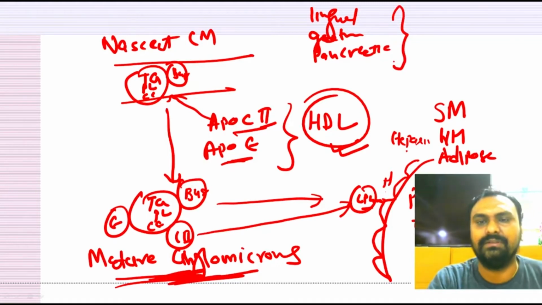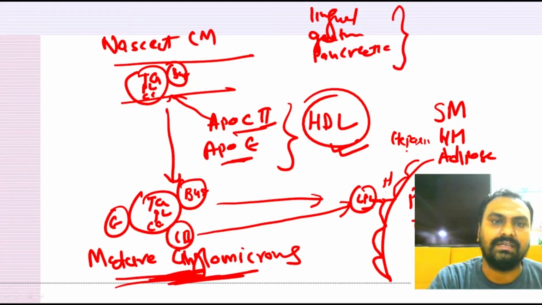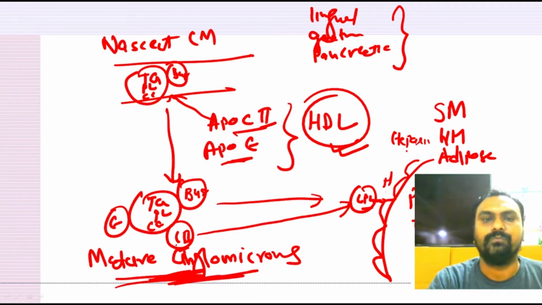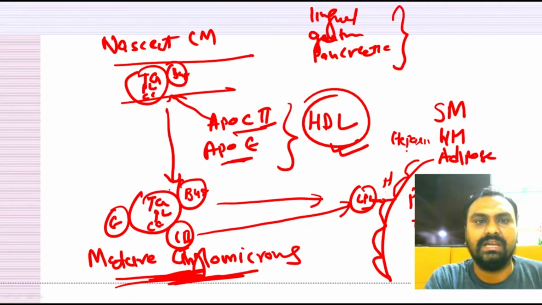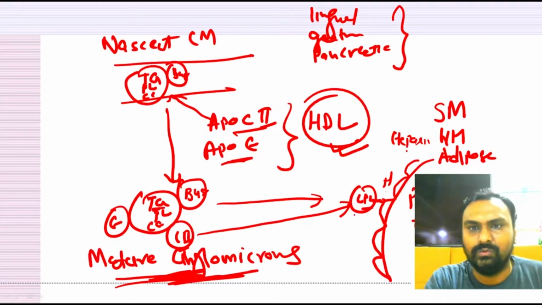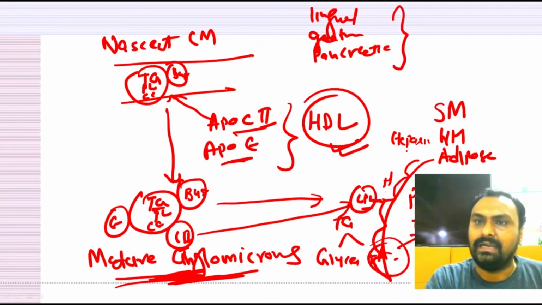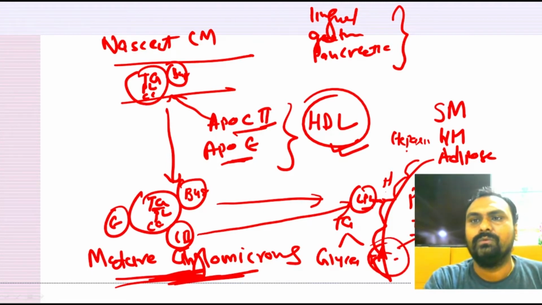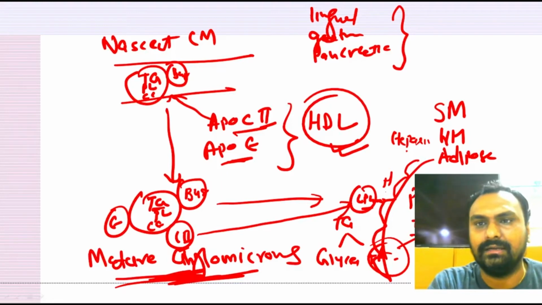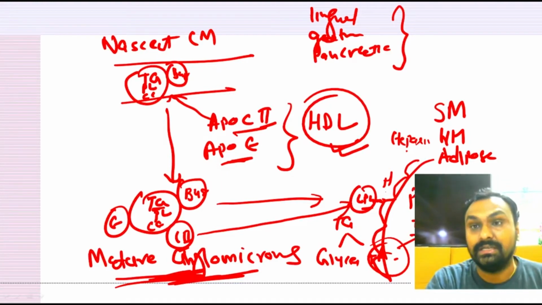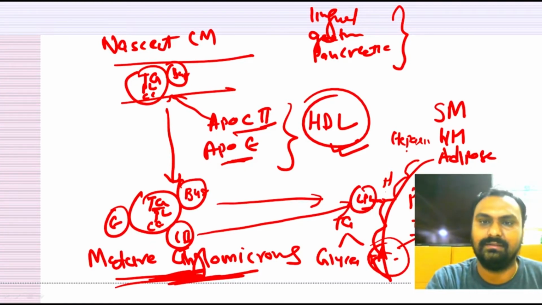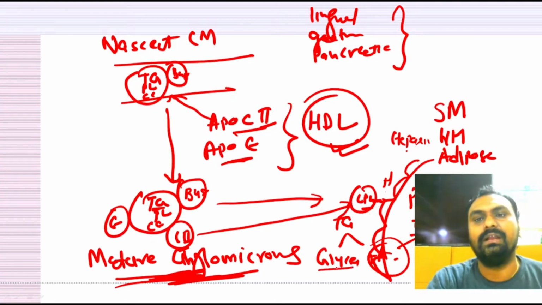Here one more lipase is there, that is called lipoprotein lipase, which is activated by ApoC2. This lipase will break down the triglyceride into glycerol and fatty acid. The fatty acid is taken up by peripheral tissues like skeletal muscle and adipose tissue. Skeletal muscle and heart will utilize it for energy, while adipose tissue will store the fatty acid as triglyceride, while glycerol will be taken up by the blood and go to the